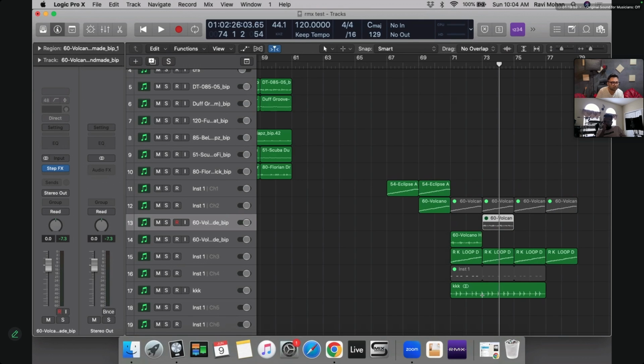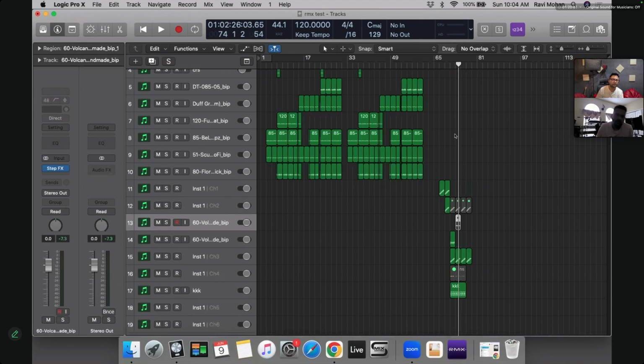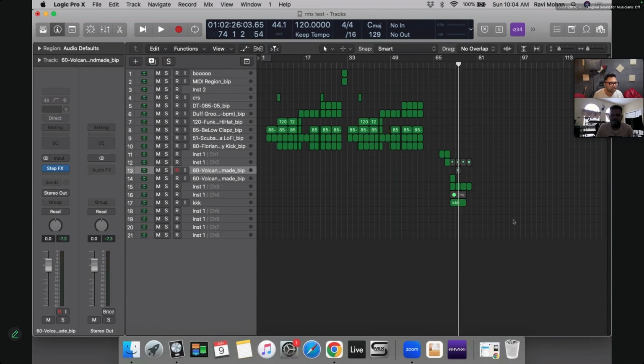Any confusions? No, this is very new. It's a new tool, actually. It's a new approach totally. Not only RMX, this approach can be used for Machine, for Battery, for Kontakt, for a lot of stuff actually. Multi-timbral instruments. So you can have one instance of the instrument, and you'll have different MIDI channels going to that same instrument. It used to be done like this in Cubase and others too.